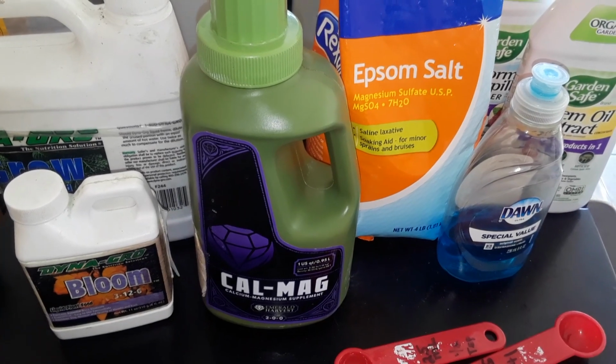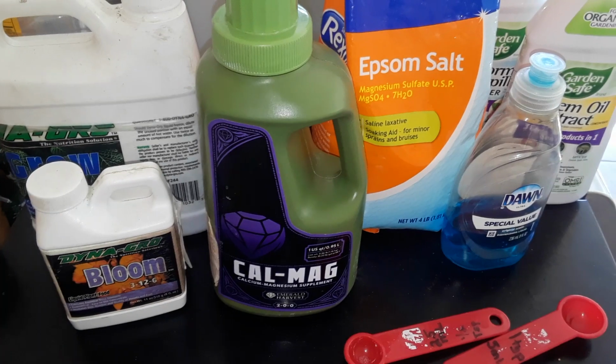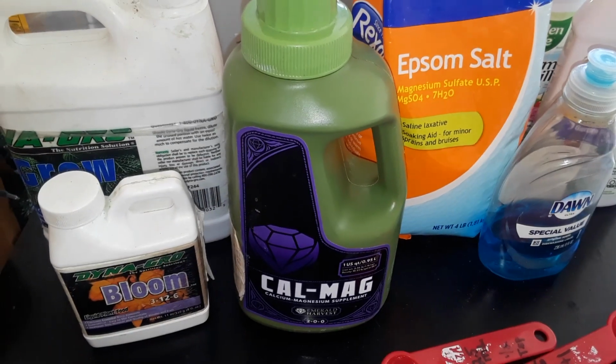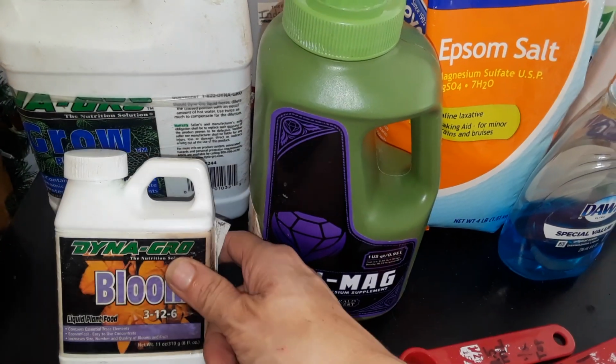I just wanted to show you the next step in my garden. So we've been growing a lot and we're into the blooming fruiting stage right now. So what I start to do is switch off to my bloom nutrients, which has lower nitrogen, higher phosphorus and